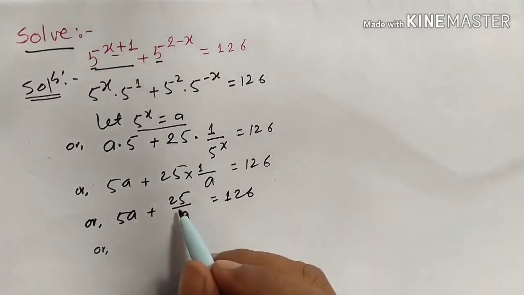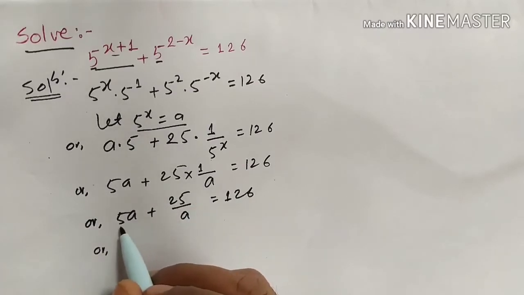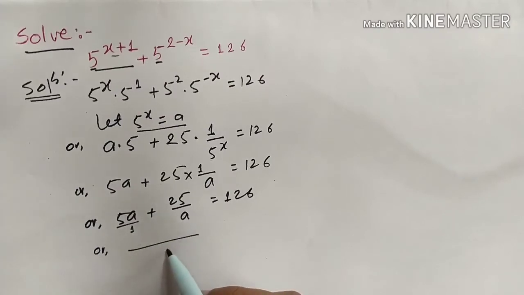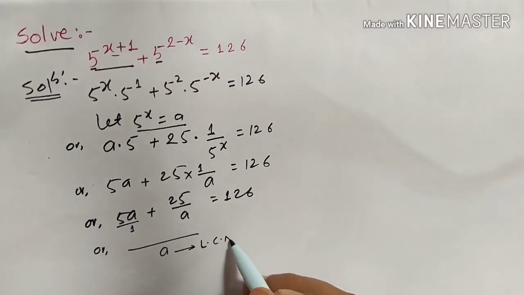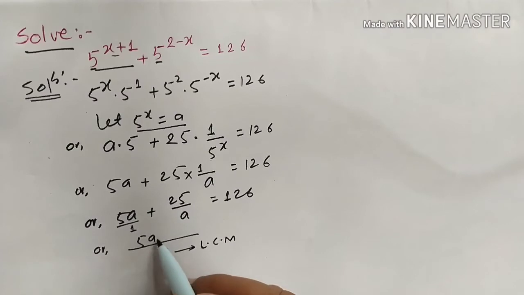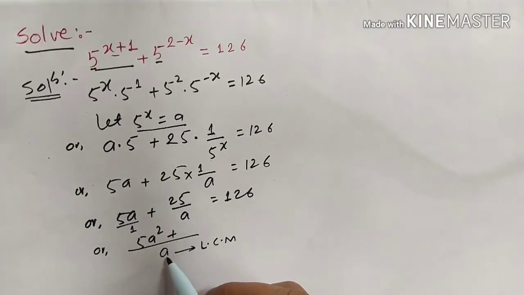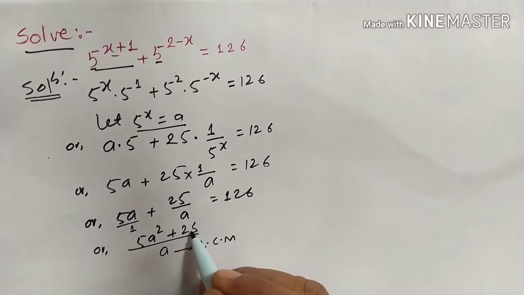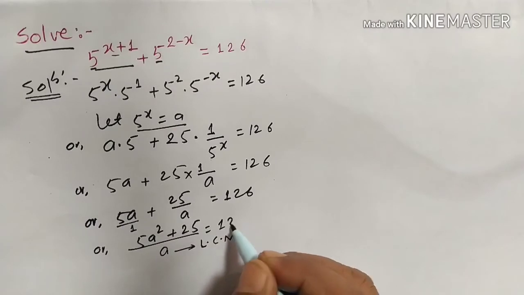Now just below the 25 here is a, but in the denominator of 5a there is nothing, then we must consider that there is 1. So you should take LCM between 1 and a, so a will be the LCM. Now this a which is taken as LCM is not divisible by this 1, so you can multiply 5a with a. If you do so, you will get 5a squared. Now this LCM a is divisible by this a, so answer will be 1. So 25 ones are 25 is equal to 126,